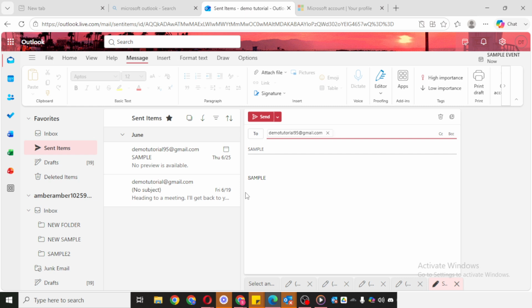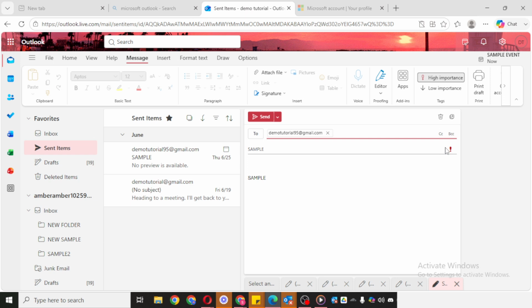Once your subject and message are ready, look at the top of the message window and click High Importance. In Outlook, this option usually appears in the toolbar and is often shown with an exclamation mark icon. When you click it, Outlook marks the email as important, which helps signal to the recipient that the message may need special attention. After you've enabled high importance and reviewed your message one last time, click Send.